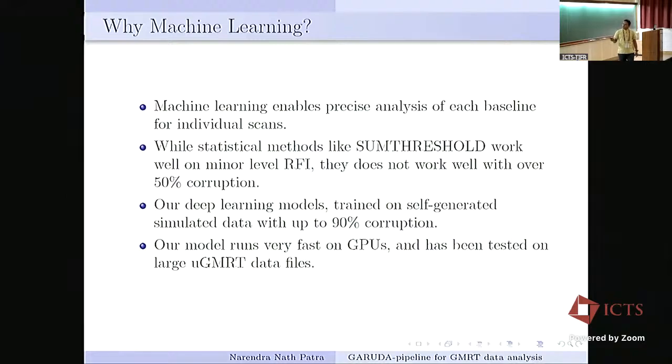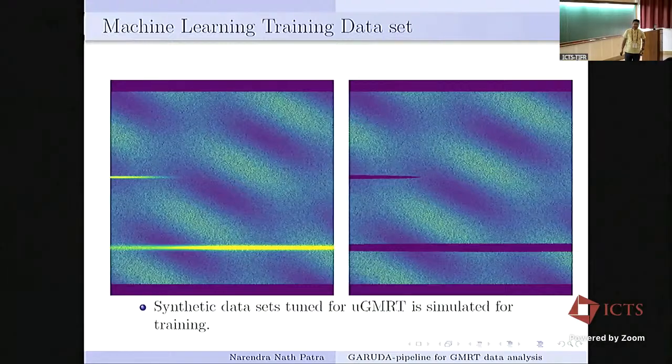And this algorithm has been implemented on GPU using TensorFlow, so it can be accelerated if you have a GPU in your machine. It can work really fast, right? For machine learning, we first generated synthetic data tuned for uGMRT, and trained our network to understand.